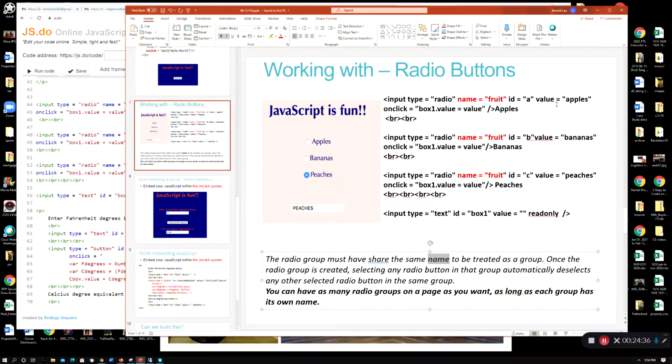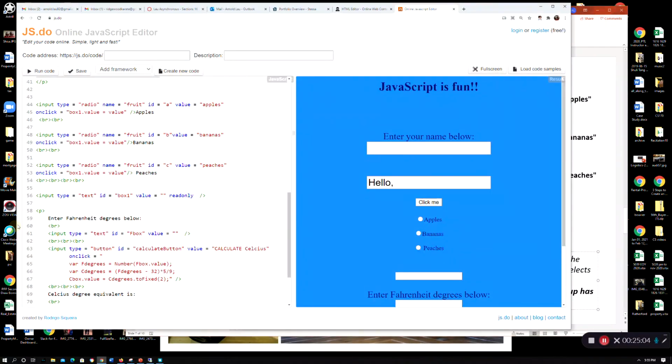So like I said, this one is fruit, and the values are apples, bananas, peaches, or A, B, C. So what that means is if you click on this, this, or this, it's going to be either A, B, or C as the value of what comes out, so the rest of the code can read it, okay? Let's go back to my code here. And so you can see here, here, and here. All right, so I click on it,